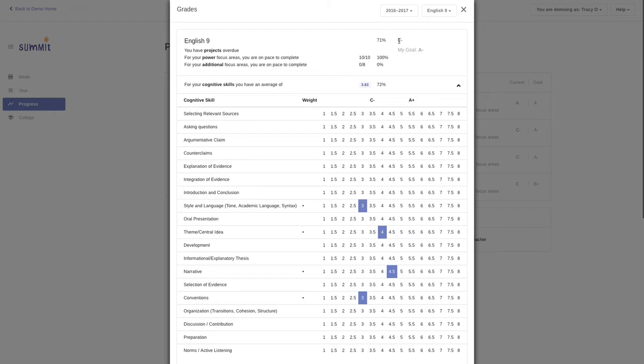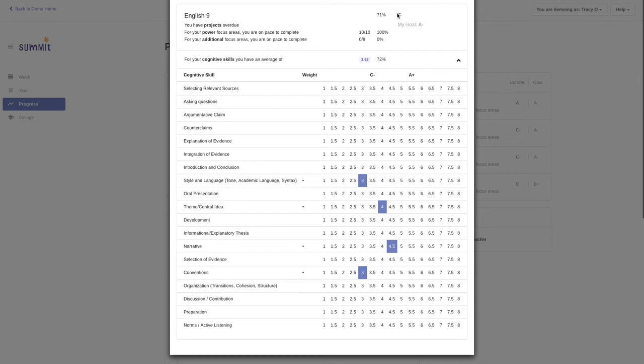You can look at the C minus and say, son or daughter, you have some work to do. You have a C minus, but you want to keep it in mind as a parent that they won't ever see that C minus. So what you really want to do is dive down into the scores and say, I'm noticing you just did this project and you got a 3 in conventions, and you're supposed to be getting a 5.5 in conventions. We definitely need to be working on conventions, and we definitely need to be working on style and language. Now, narrative could be better, and so could theme and central idea, these skills, but they're not